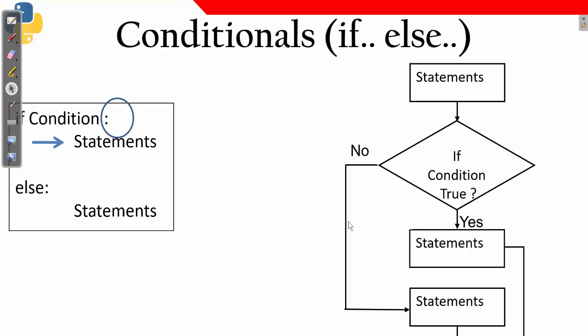But under this if-else condition, one important thing is indentation and another important thing is the colon here. Unless your program is properly indented, it will not accept it. It will give you an error. Like in C, to identify a block of statements you write curly braces. But here, in order to identify a block, you need to have proper indentation.